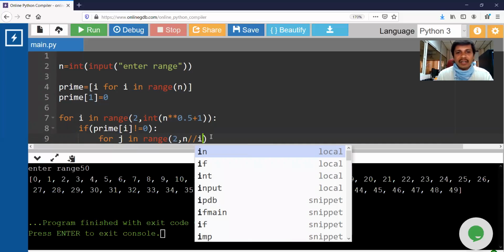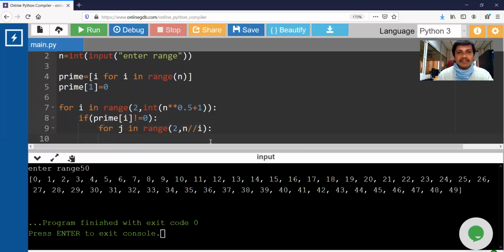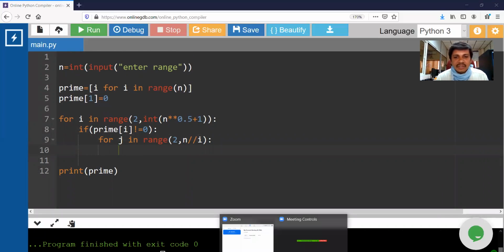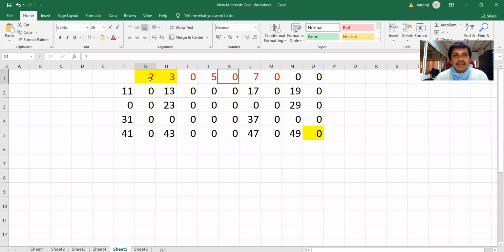I'll explain why n by i iterations. See here. Example, say your i value is 2 and j value is any value. i into j should be less than 50 because your list is out of 50.